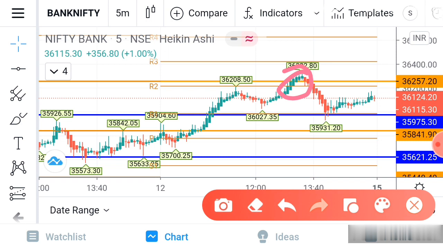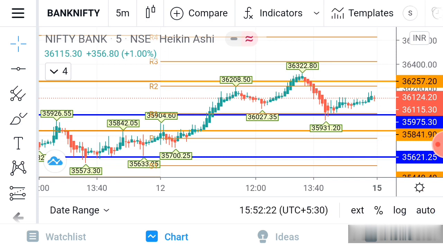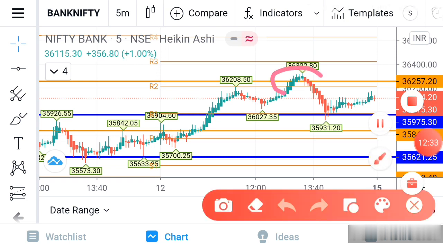Here if you see, only 1 proper candle is formed, and the previous day has to break with 1 proper candle. And in this area you can see the first candle is only touching the previous day support. After that, the 2 candles you can see are big on both sides. A big candle on both sides is not a proper candle. We should have a proper candle where the big body is on the upper side or downside. Only one side should be big, and it should form without touching the support or resistance.